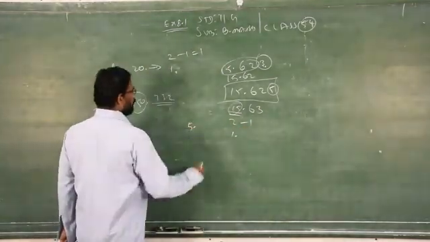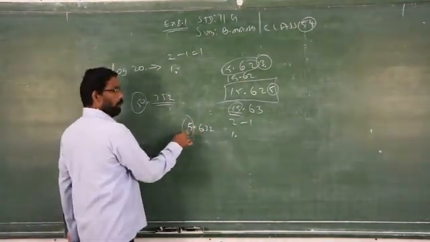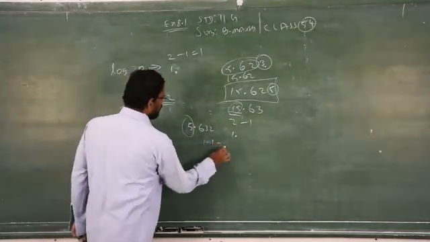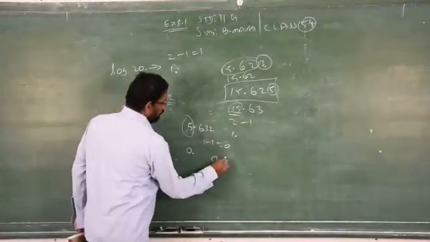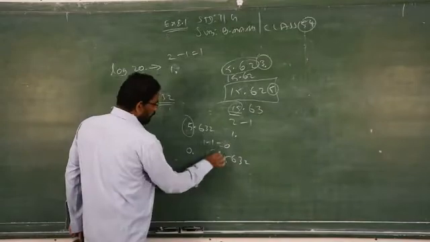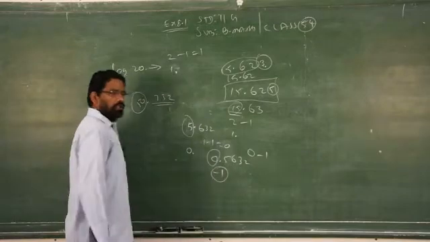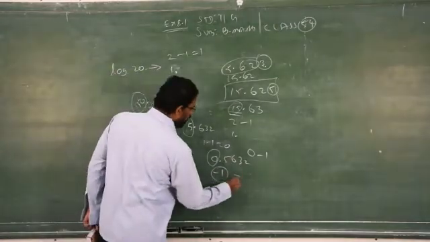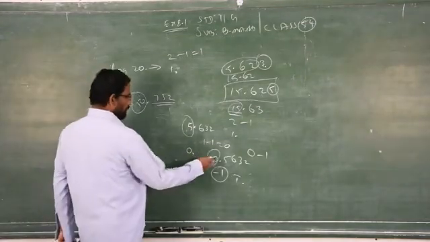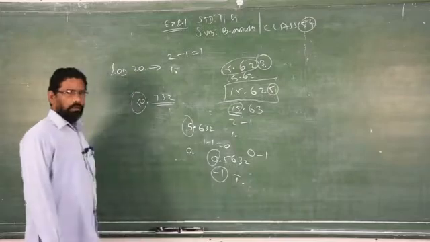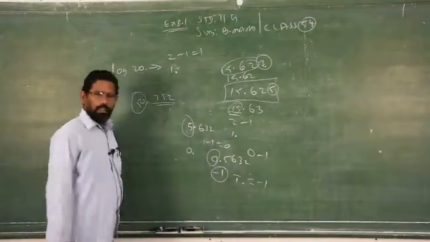Sir, if it is given only 5.632, how do you see? It doesn't matter how many digits are in the decimal. Only 1 digit in the integral part. So 1 minus 1 is what? 0. 0 point. So no digits are there: 0.5632. But what is the rule? Number of digits minus 1. So minus 1. But in logarithm, you should not write minus 1. You have to write 1 bar. Clear? So if it is 0 minus 1, you have to write 1 bar. Don't write minus 1. In logarithm, 1 bar stands for minus 1.